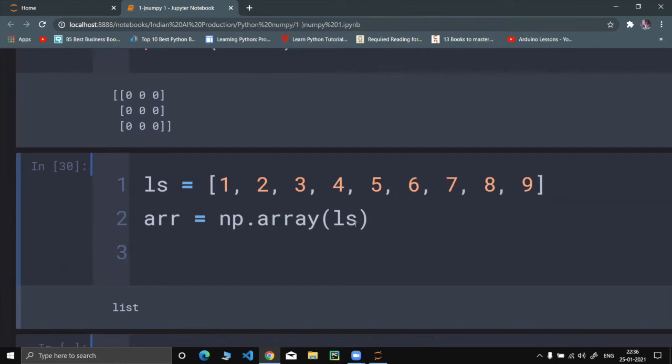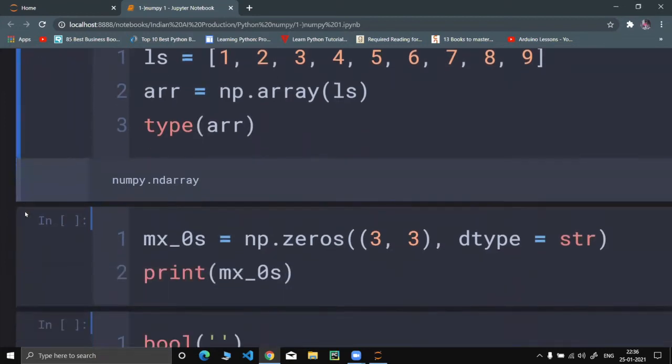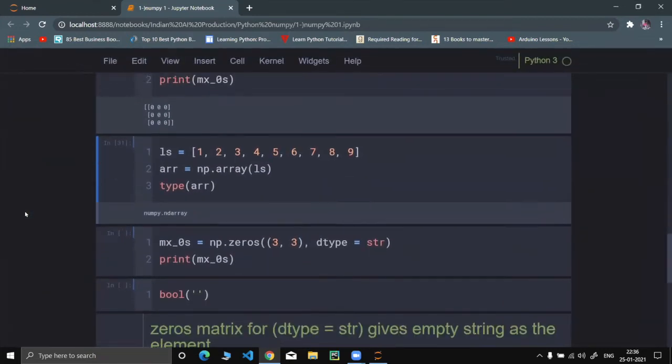Now let's put it into arr equals np.array. So what do you think should be the type of arr? It will be array. Exactly. So this is where we can also pass a complete list to our array function for creating an array. It's not necessary that we define our elements inside it only. We can even pass an external list and convert it into an array.